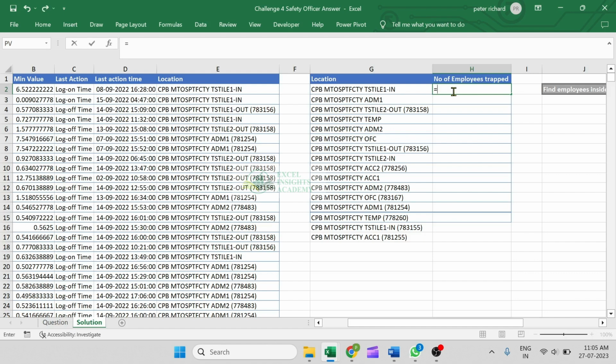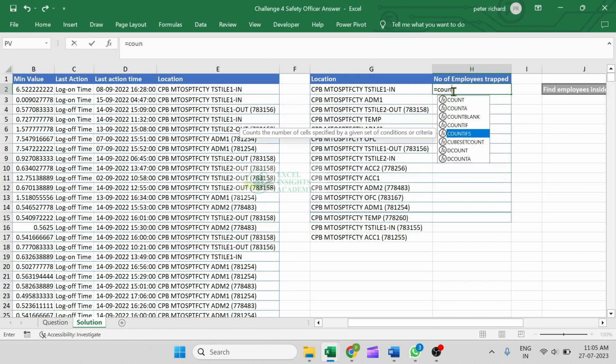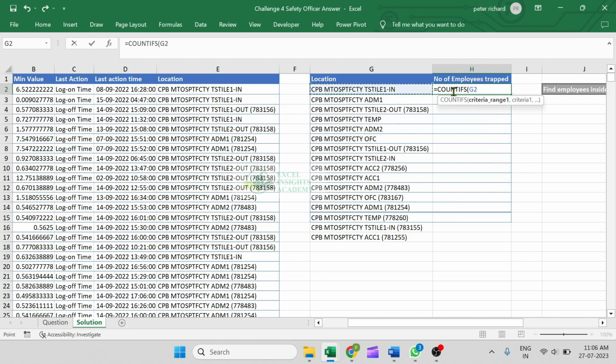So equal to, for that we will use the COUNTIF function, and the conditions are: 1, the location should be this location on the left side, comma; 2, the last action should be last log on time. For this log on time, we will make it constant by pressing F4. So bracket close, enter. We'll copy paste this to the down. So we got it, and we will make a total, enter. So total 50 employees are stuck inside the mine as of